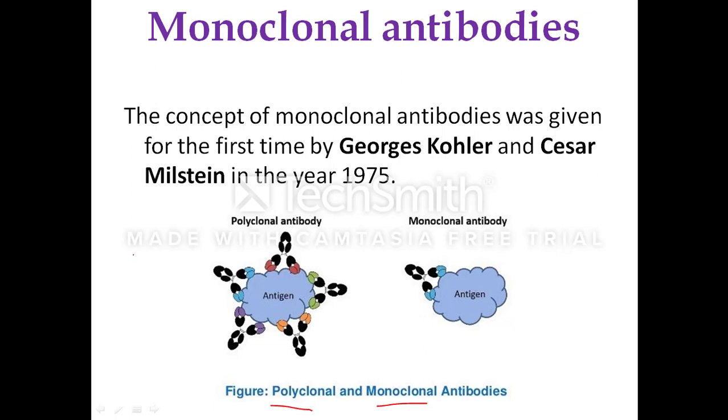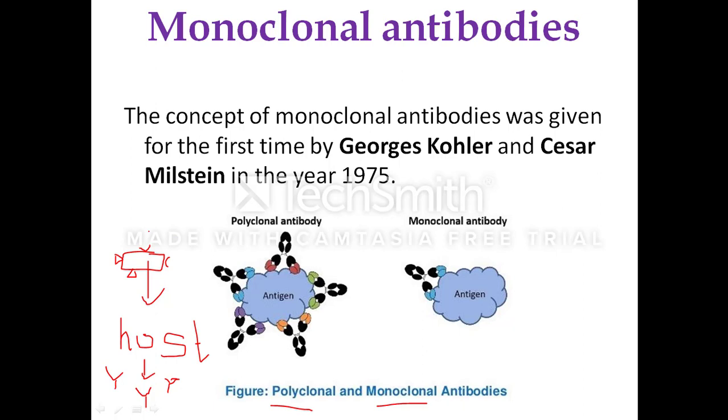When you have the antigen, when you inject this antigen into the host cell, the surface of this antigen will be having specific molecules. The surface of this antigen or the foreign substance will be having the specific molecules, and these will be recognized by the host cell, the lymphocyte, and they start producing different types of antibodies, and each population or each antibody will be specific to this specific antigen or the antigenic determinant or the epitope that is present on the surface